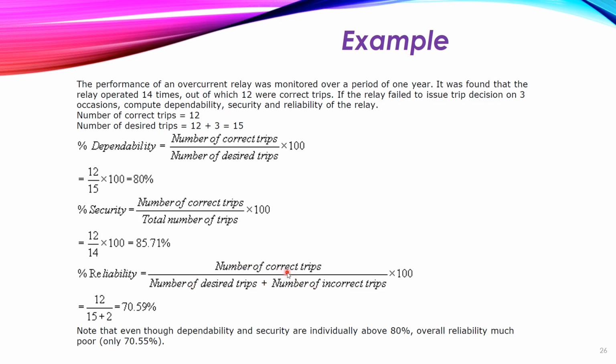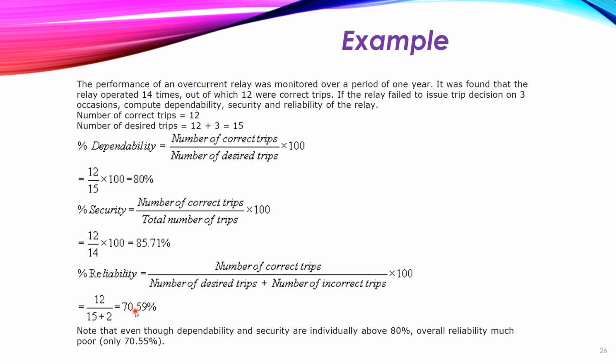The reliability of the relay represents the number of correct trips over the number of desired trips plus the number of incorrect trips. The number of correct trips is 12. The number of desired trips was 15, because 12 plus the 3 failed occasions, so 15, plus the number of incorrect trips. We had 2 incorrect trips, because out of the 14, 12 were correct and 2 were incorrect. So 12 over 17 gives us